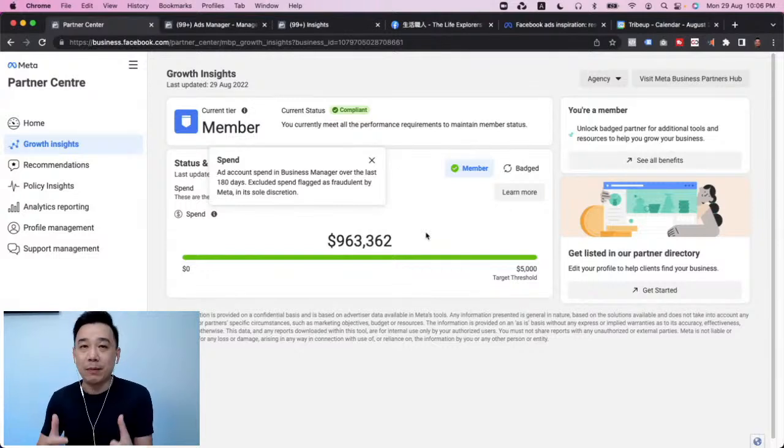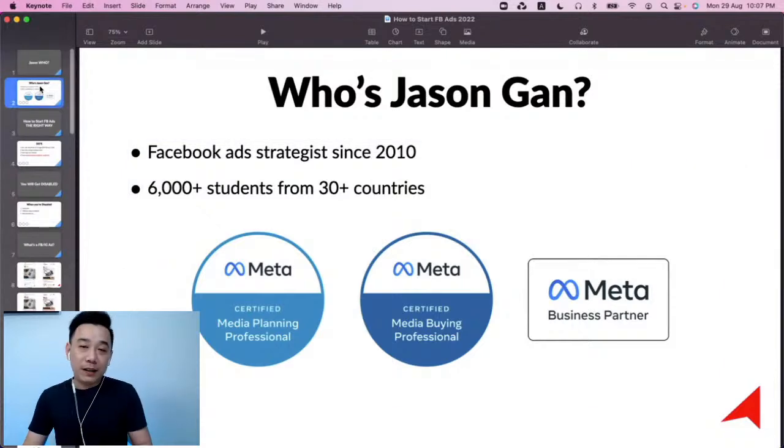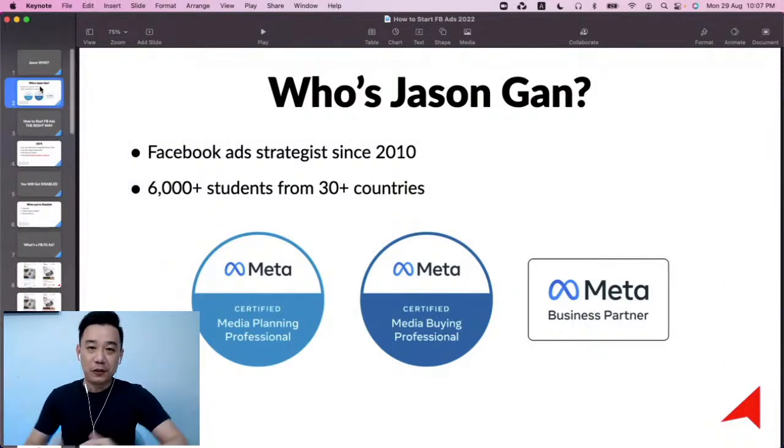In fact, it gives me more opportunities to learn and expose myself to so many different situations and challenges. That's how I learn all this and put it together into something that we can learn together in my training, my coaching sessions and stuff like that. So that's my partner center, just to go through that real quick. So let's dive back into what we're supposed to discuss today.